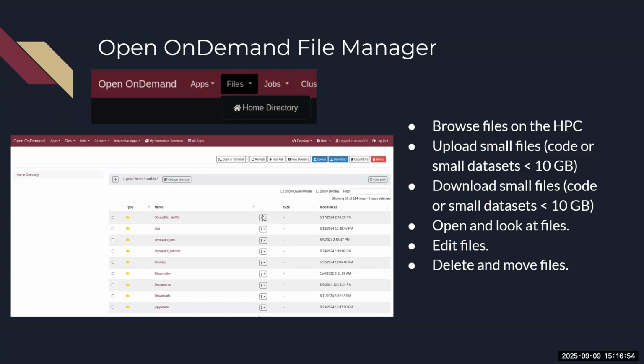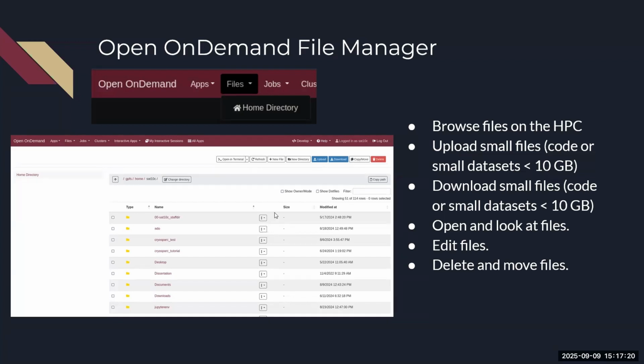And then you can see what's different between your local computer and HPC, but this allows you to upload and download small files. There is a limit on the size of the files that you can upload and download in this space. However, we have documentation talking about data transfer using Globus for larger data files, depending on what you need. And